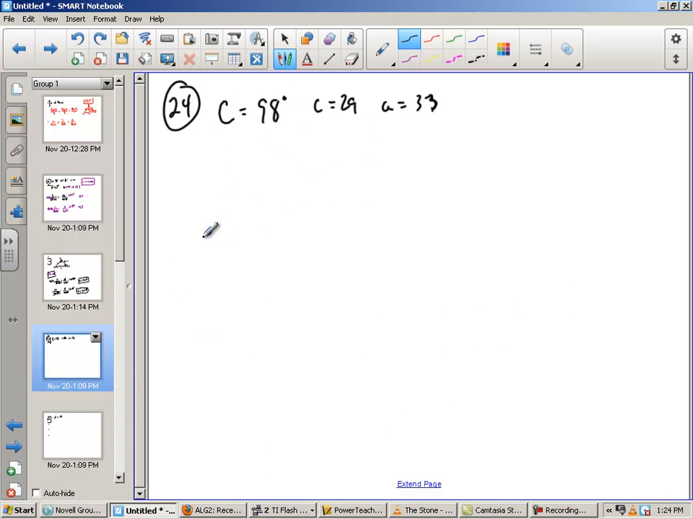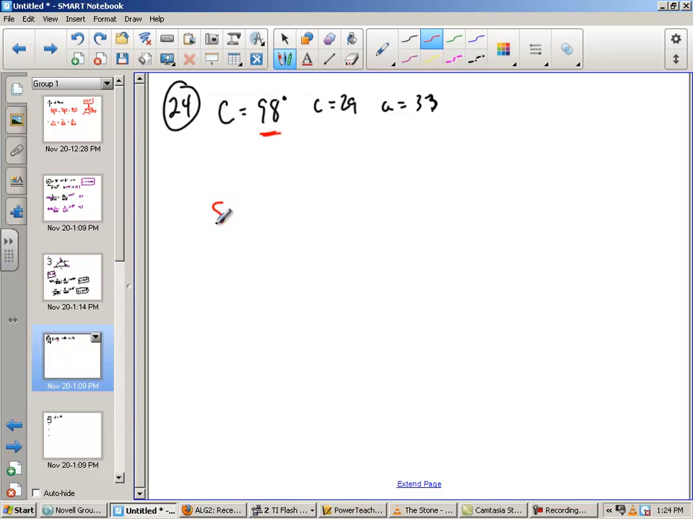On 24, we get there and it asks us to solve the triangle. But they also tell us that some are going to have no solution or no triangles formed by them. This is going to be a no triangle. And here's how I can tell. 98 is an obtuse angle. That means that C really does have to be the biggest side. But C is 29 and A is 33. There's no way this is going to work. But to confirm it, to show you what it would look like when no triangle can be formed, we're going